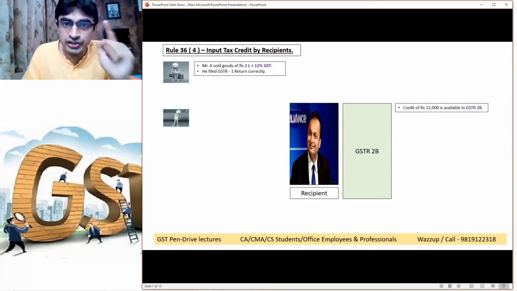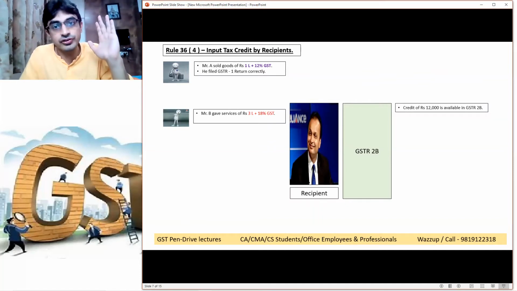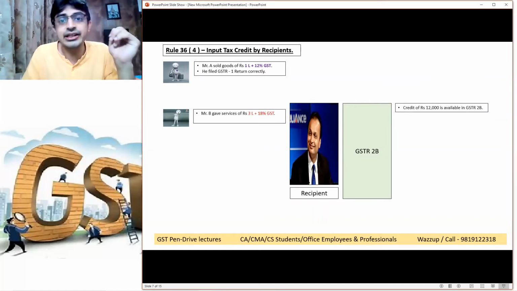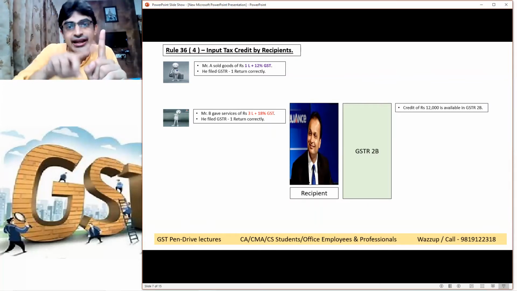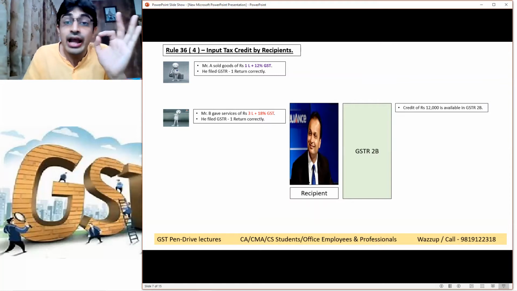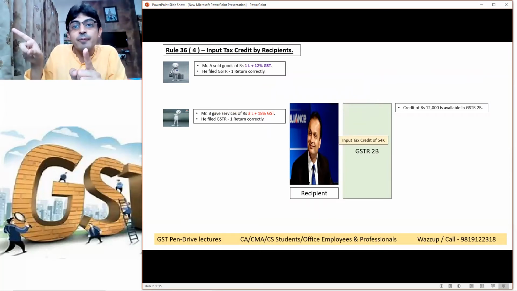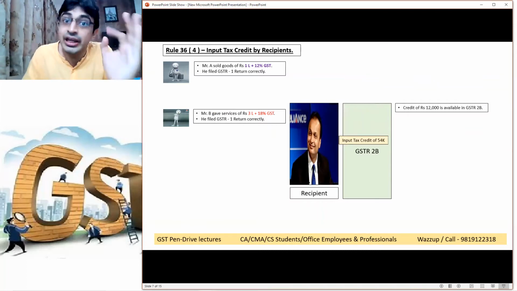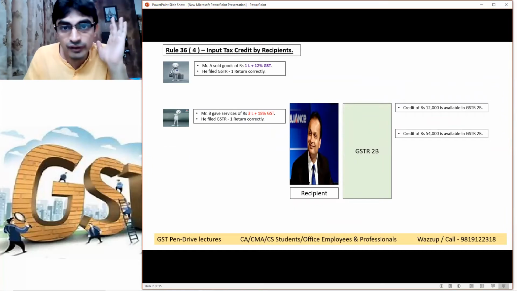Similarly, he purchased services from Mr. B of rupees 3 lakh plus 18% GST. This Mr. B also correctly filed GSTR1 return. Hence, entire ITC details of 54,000 shall be auto-populated in the recipient's 2B. He can view this in 2B. So 54,000 is also available in 2B.